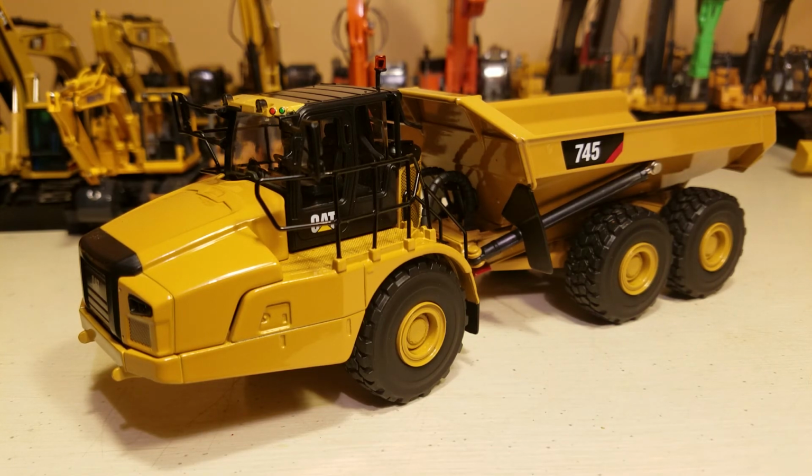And I'm going to be 100% honest, I have not figured out how to open up the top of the cab yet before I get into the review. I'm just going to let everybody know that. I've tried, and I just really didn't want to break the top of the cab or anything like that, so I'm just going to leave it be, and I'm just very thankful that he was not in there to begin with. So with that being said, we're going to start out with a review,